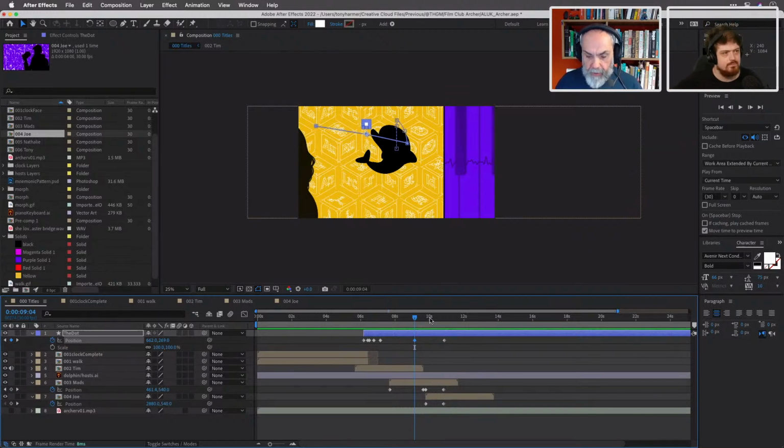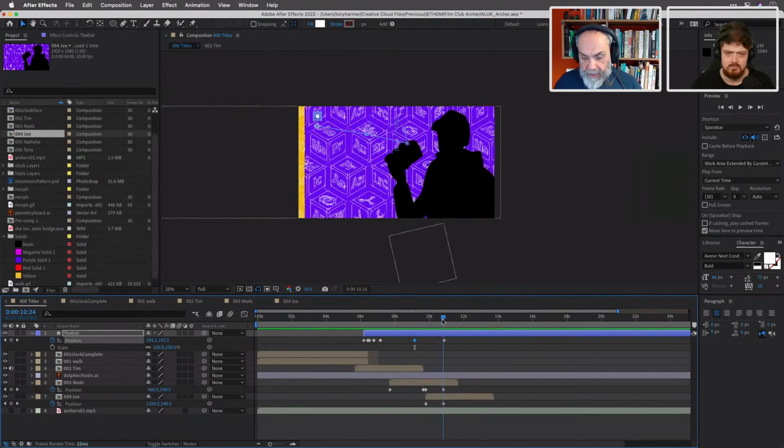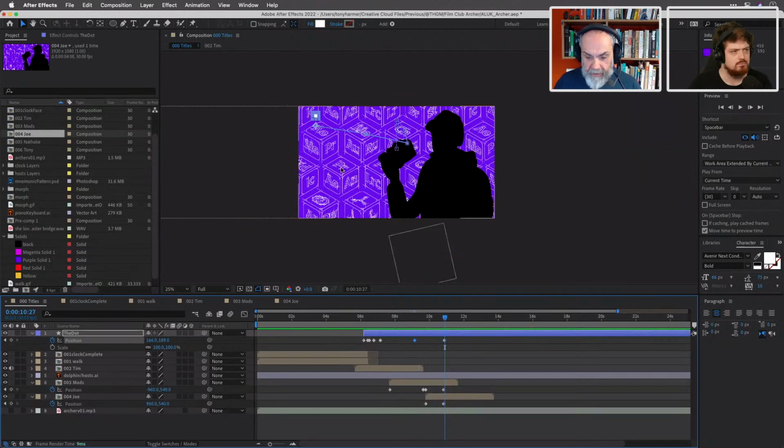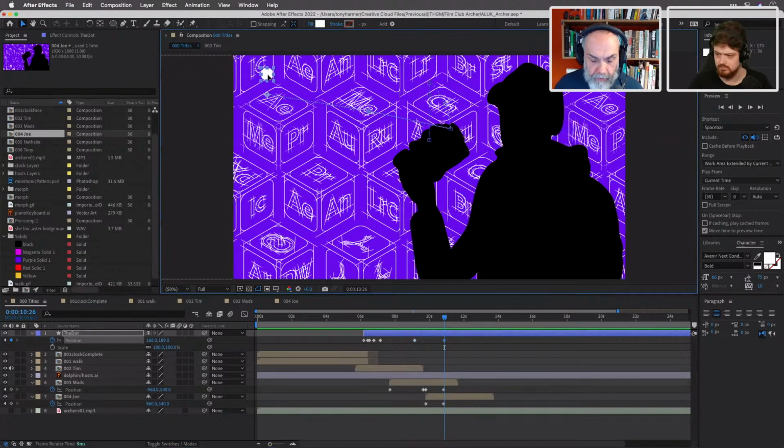So now we're in the right place. But like I said, this is where we get to fix things anyway. So where this is now is not where it's going to be currently. So we can now move this across. I'm just making absolutely sure that I'm on that keyframe just by using the arrows here to do that, because it really does need to be in the right place. Let's get a view of the whole thing. And now we'll bring this back down to around about this point here.